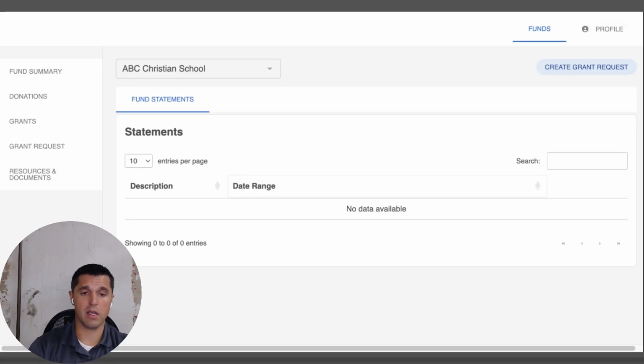Hopefully, this gives you a good overall encompassing view of some of the changes that have taken place, both on the front end with the website, as well as the back end through the software update. Again, their idea is to make this a little bit more user friendly, and hopefully that'll be the case as you continue to use it moving forward. But I know for a lot of you, you've gotten used to the previous way, and so we just wanted to make sure we gave you a good visual to make it as easy and as seamless as possible.